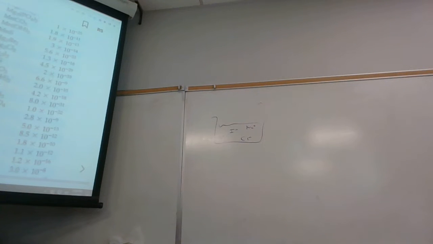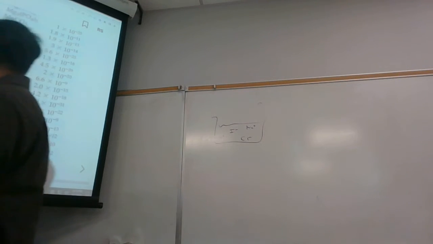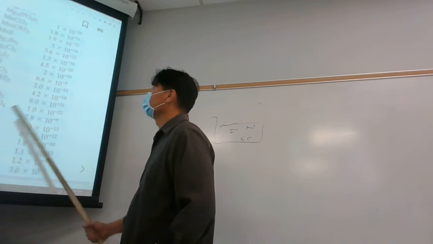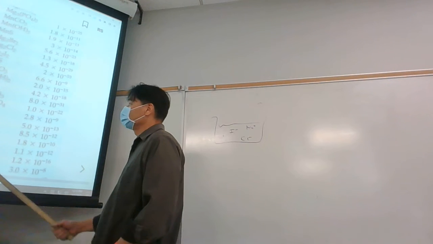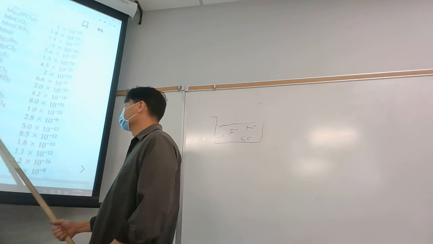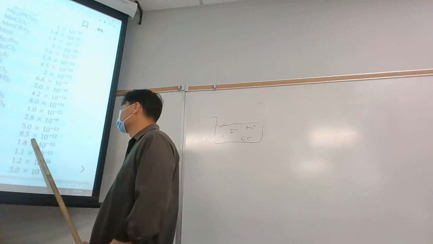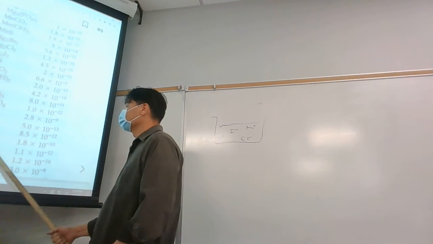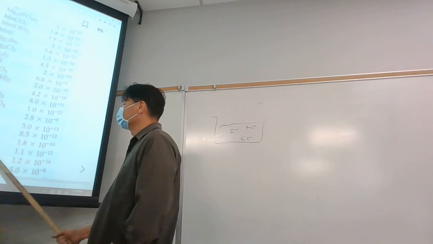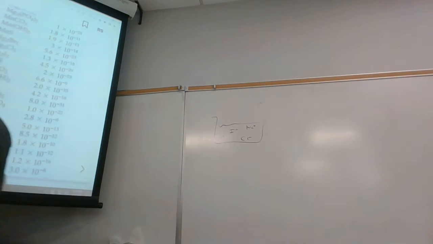No, chloride and iodide. We're looking at different cations. So one potential cation is silver. Another potential cation is lead, and another one is mercury. No, we're looking for something that gives us differences in solubility. So for example, here, we look at silver bromide, it's 10 to the minus 13, silver chloride is 10 to the minus 10. Or actually, we're doing chloride and iodide, sorry. So chloride's 10 to the minus 10, and